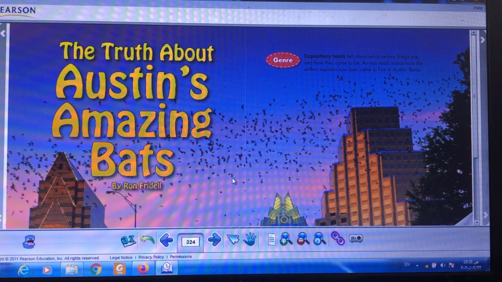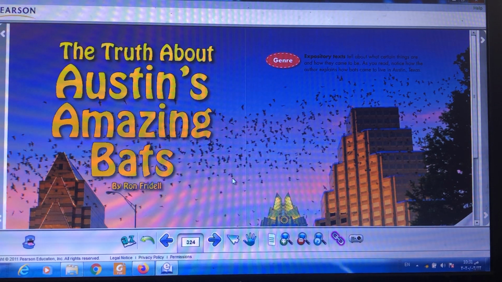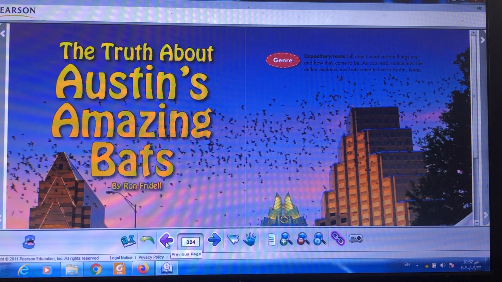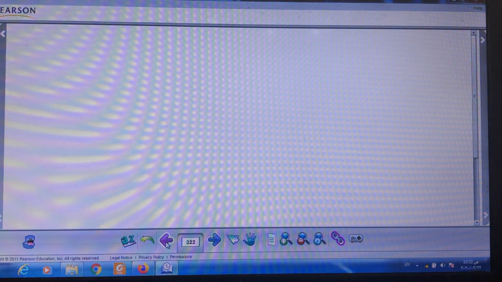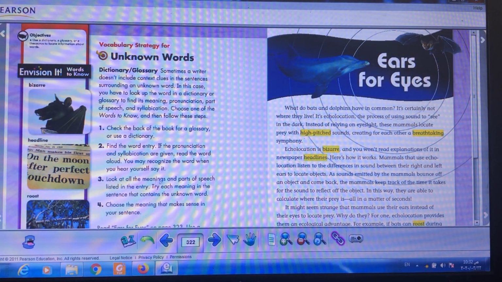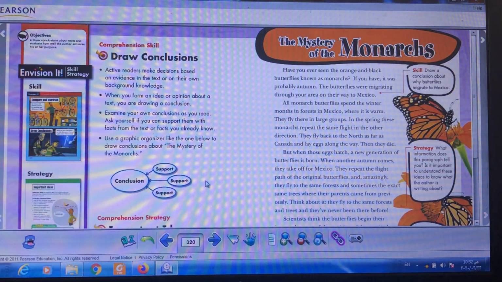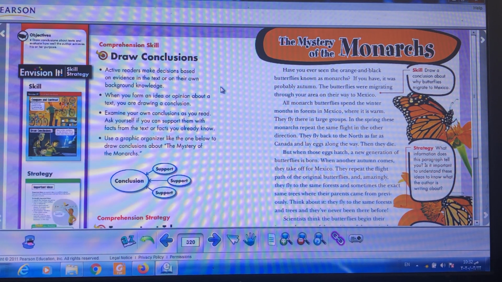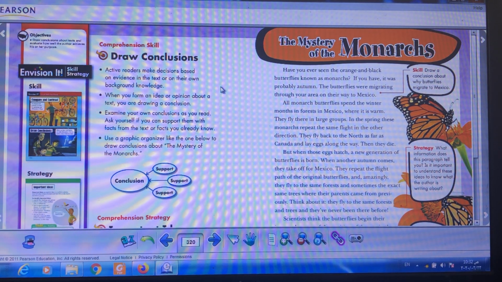But before we start the story, let's go back to the comprehension skill and the vocabulary of yesterday to remember together what we have studied. The comprehension skill first is how to draw a conclusion. I told you yesterday that when you draw a conclusion, you have to use information from the text, and information that you already know, or your background knowledge.